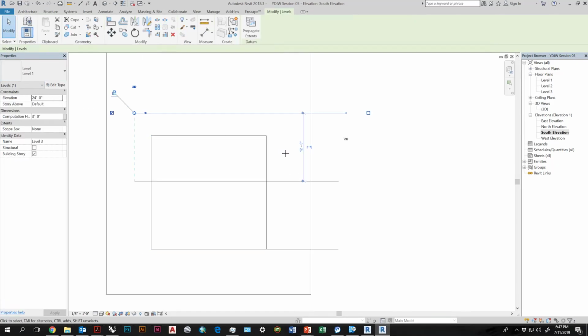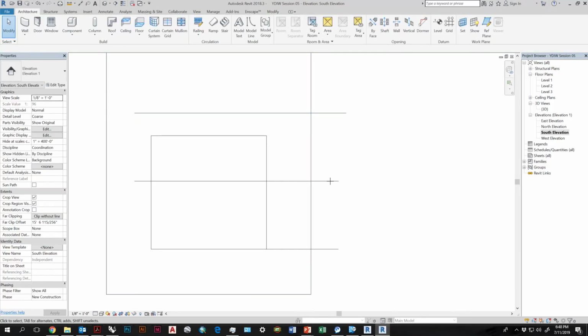If you want a level's height to be changed, you can either change its overall elevation, or you can change its elevation in relation to something else. So what you see right here are witness lines, and witness lines allow you to change something's position in relation to objects that are proximate to it. So if I hit 7, it'll set that level to 7 feet above level 2, but overall it's 19 feet high. So I'll set this back to 12. But this is how you change your levels.